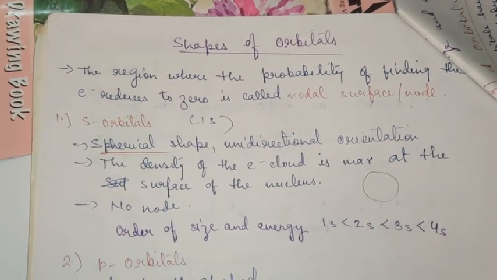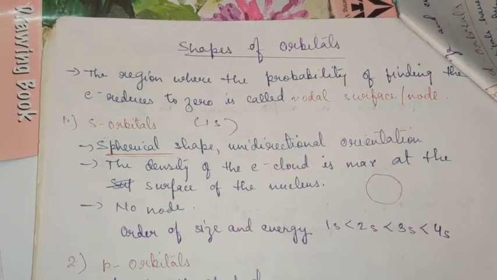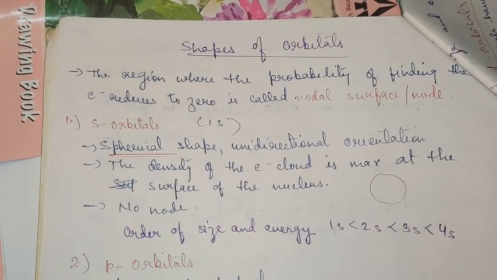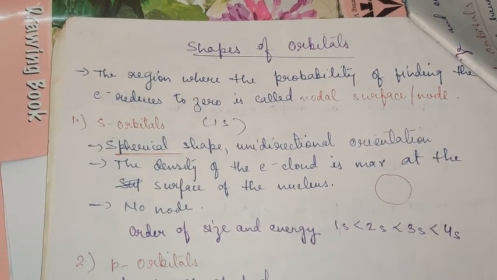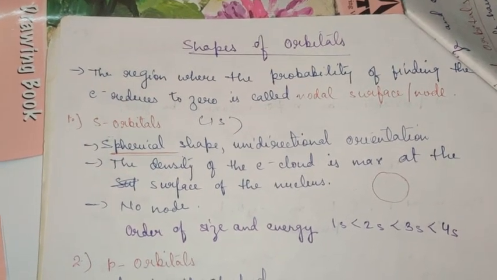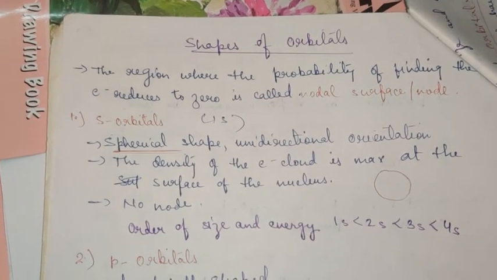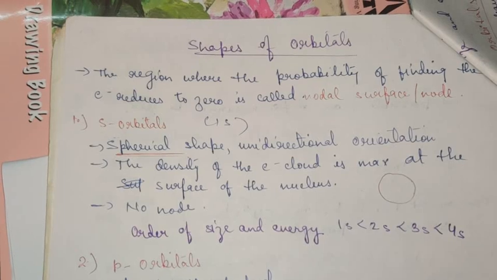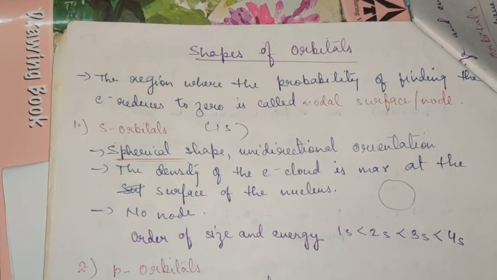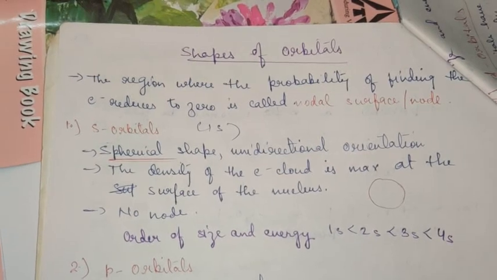In today's session, children, I'll be telling you about the shapes of subshells and their orbitals. Before I proceed, let us quickly recall the various quantum numbers which help us in finding the shells, subshells and orbitals. The information about shells we get with the help of the principal quantum number, and about subshells with the help of the azimuthal or subsidiary quantum number, and about orbitals with the help of the magnetic quantum number. The last one is the spin quantum number, which simply tells us about the spin of the electron inside the orbital.